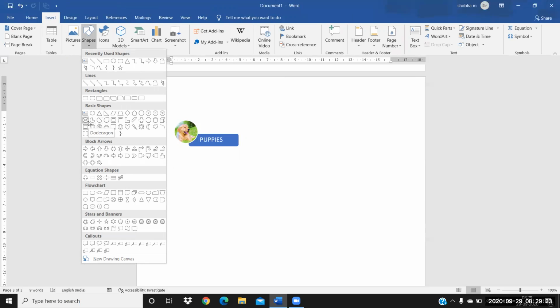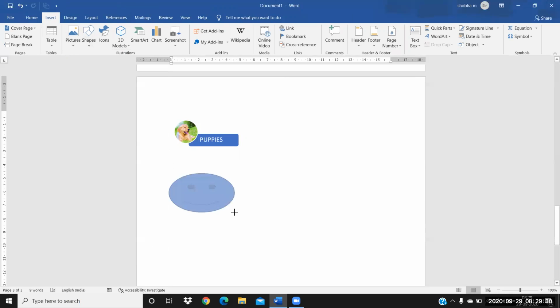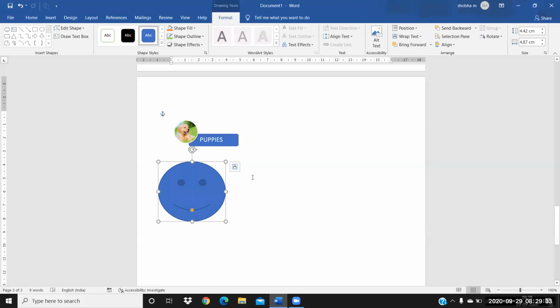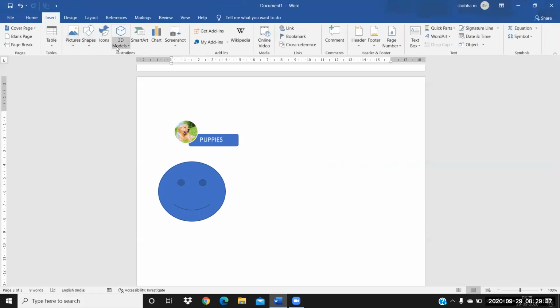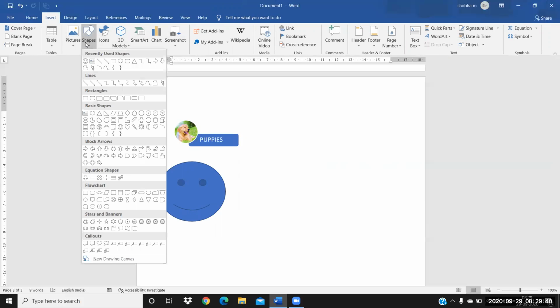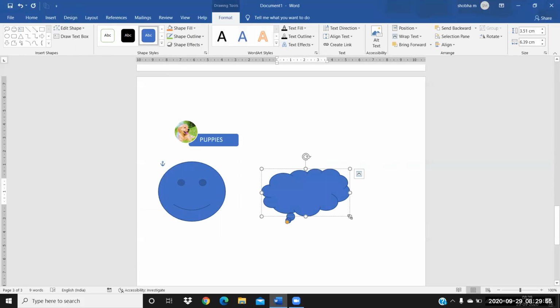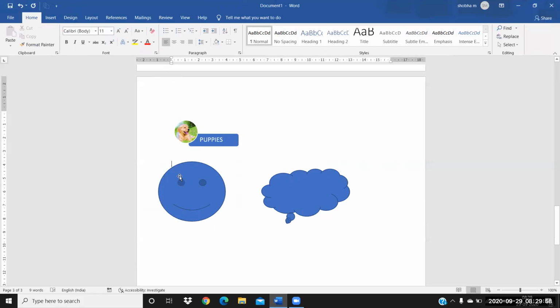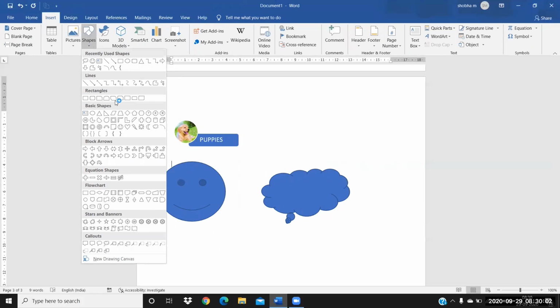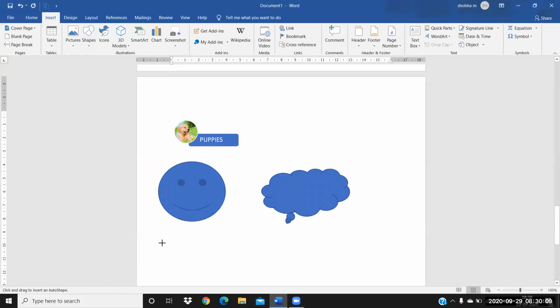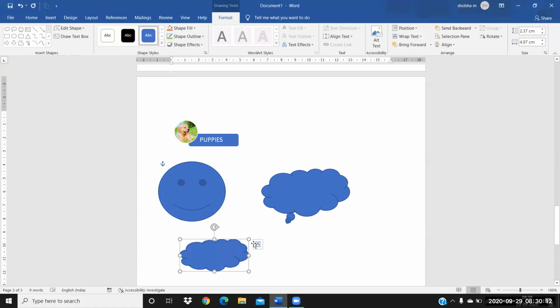See, I'm just selecting some shapes over here, like this. See, I have selected a few shapes here.